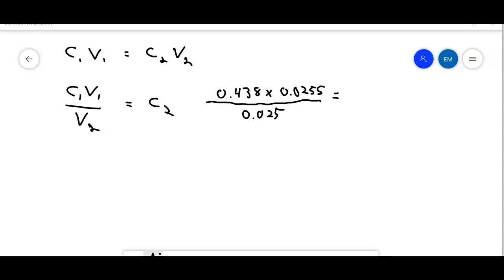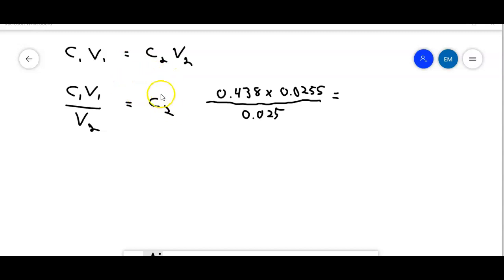The same thing works here. The C1 times V1, that's concentration times volume. So concentration in molar, volume in liters, so that's going to be moles, and that's going to equal the moles of your number 2. So if 1 is sodium hydroxide solution and 2 is the hydrochloric acid solution,